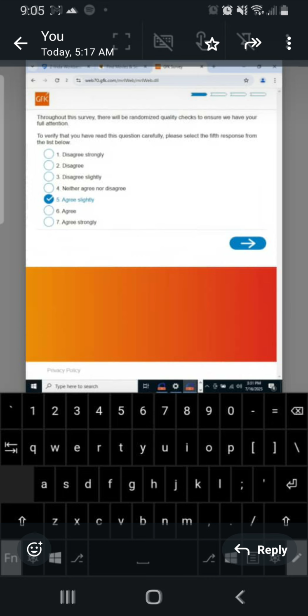I think that is that for that. So when next you are taking a survey, please take note. Quality control questions are very important, unless you want to work for survey sites. Because with survey sites, once you misbehave, they will block your account, they will not pay you, and they will not give back the people that sponsor the survey their money. Who lost? It is you who wins the survey site.